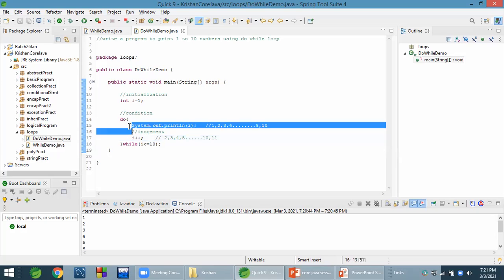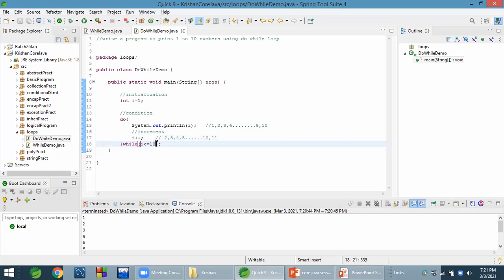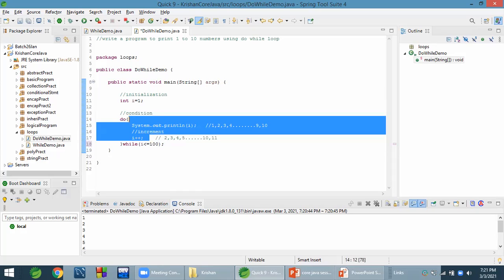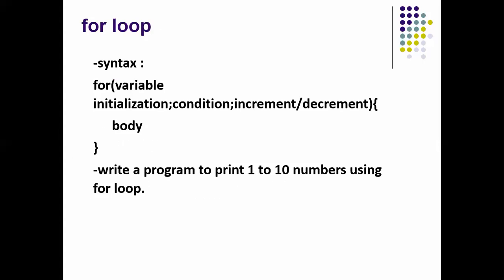See, these are a set of statements. Here you can write any number of statements and that will be executed this many number of times. If you want to execute this for 100 times, you will write 100, 1000, 10,000, 1 lakh. How many times you want to execute this, that you will write in this condition, and for that many times, this body will be executed.